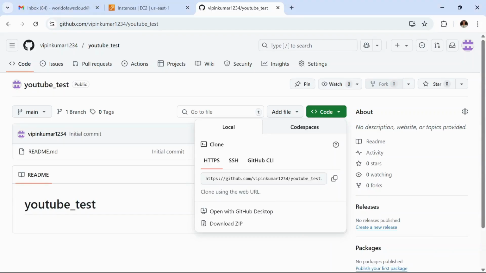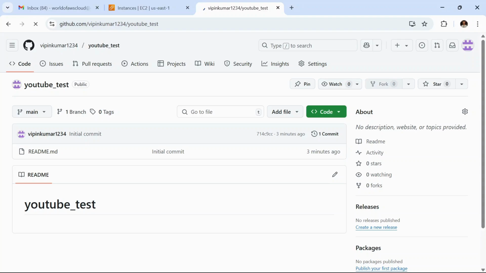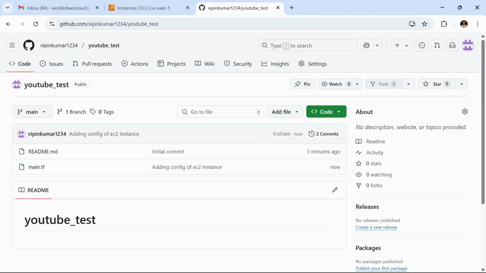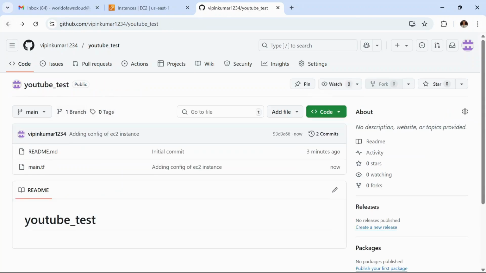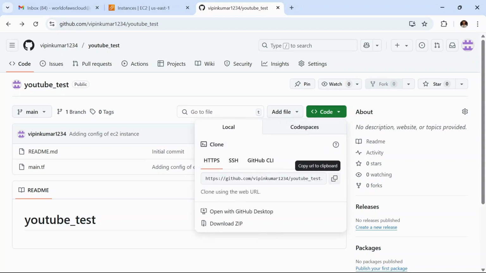If we go here and refresh our page, we are going to see the changes here. As we can see main.tf, and we can see whatever code we have developed. Later on, if anyone needs to contribute to this project, they can simply clone this repository and start writing and developing their Terraform configuration files according to the requirement, and they can also push and commit their changes to this project.